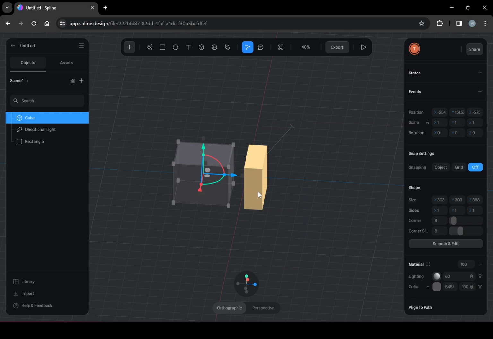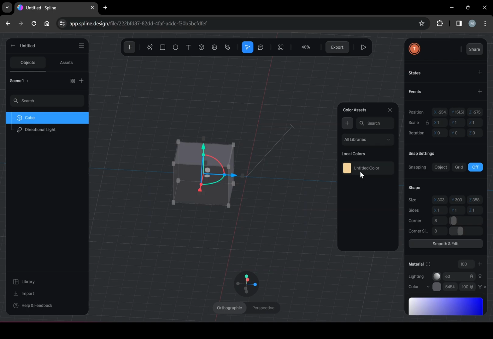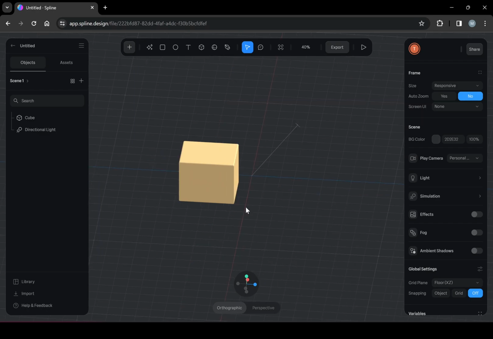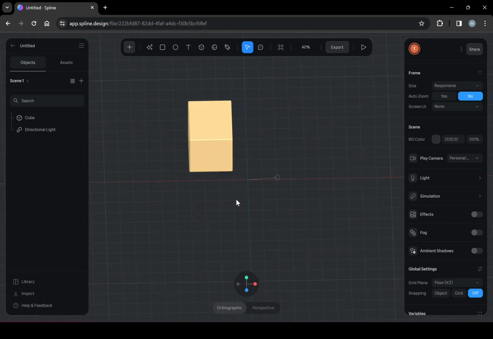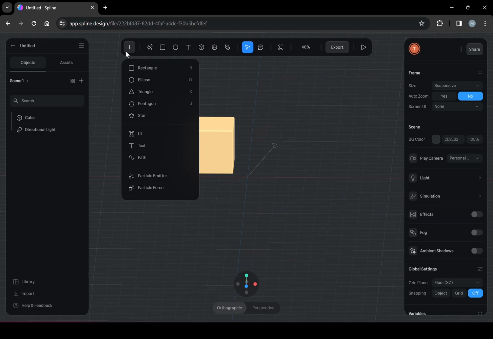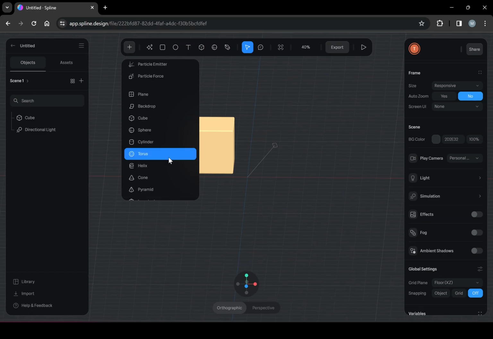I'm going to change the color. There we go. Apply that beige color. And I'm just going to rotate holding the Alt key. And what I'll do is I will make a pyramid. This is just going to be for the top of the house.